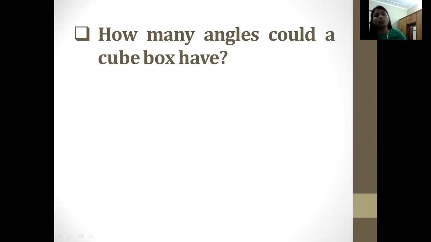So what do you think? How many angles could be obtained if we are having a cube box? How many angles? Now I have shown you the example in the case of shadow play. We were showing a tube with the help of shadows or a beam of light. In that case, we are having a shadow, which was making some different 2-dimensional object. Now, what about the view?